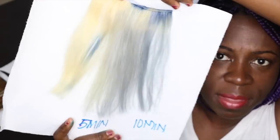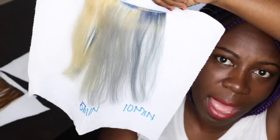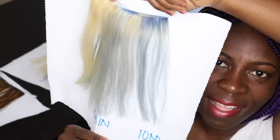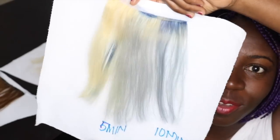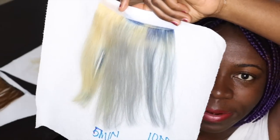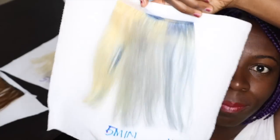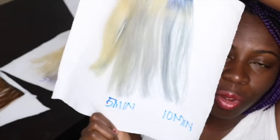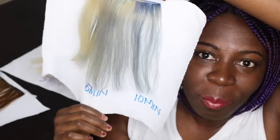So this can be something that you do instead of buying a pastel blue color like Pervana or any of the pastel colors on the market at Sally's or wherever. You can just use blue shampoo to tone your blonde hair, or even if you had 613 hair at home and wanted a nice pastel blue color, this is kind of what your swatch will look like. So from what I've been talking about this whole video, blue shampoo